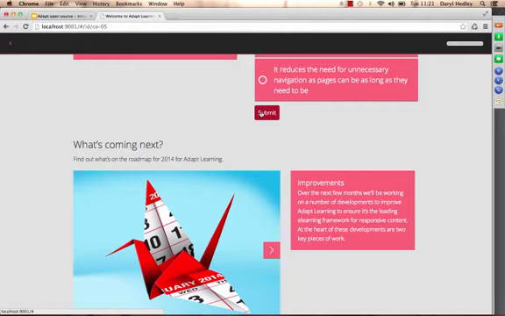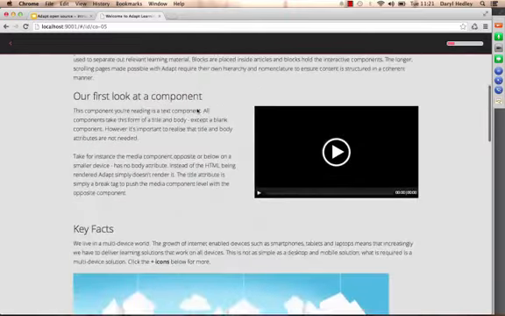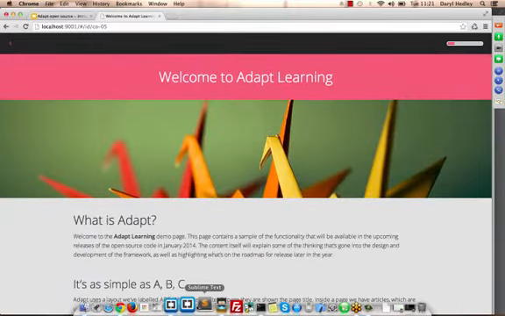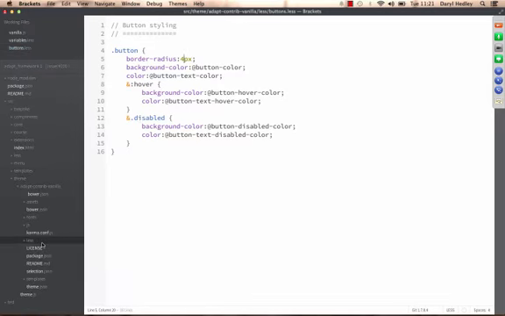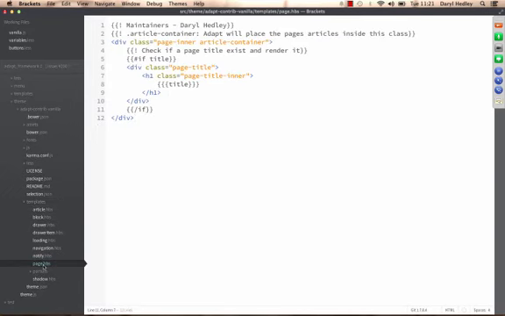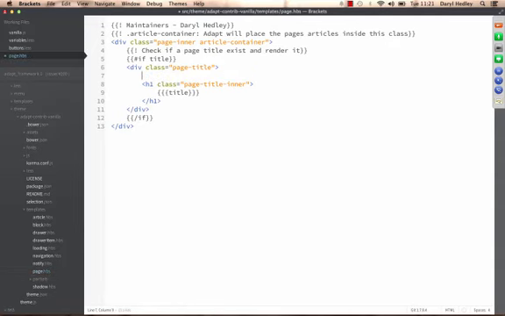Now I want to go slightly deeper for people who really want to see the power of themes. And one of them is I want to go away from less. I want to come into templates. I want to be able to adjust something on top of the page. I want to think about adding a logo. So it might be a company logo, and I want it to show, and I want it to fade in whenever the page loads. So one of the things I'm going to do is add a span